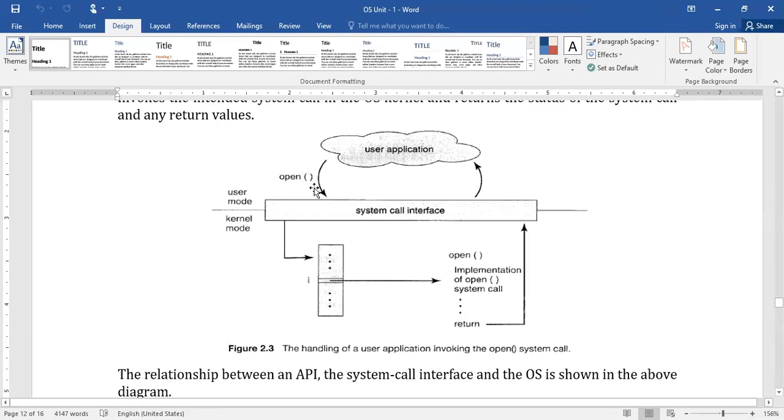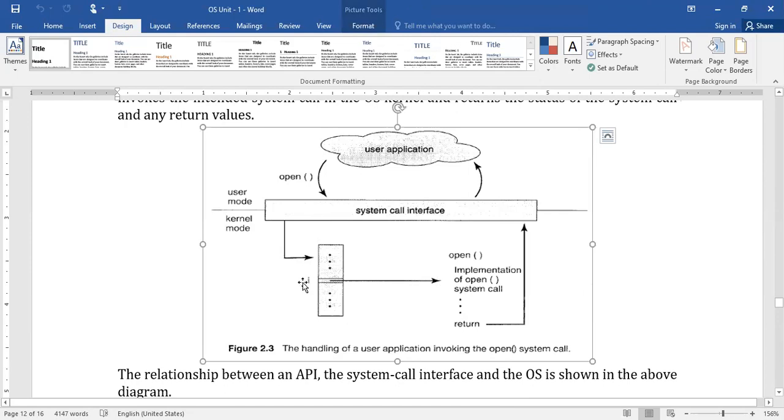While executing this system call, it looks at the table. Here you can observe this is the index where it is available, and correspondingly the name is also available. According to that, it will be executed and returns the output to the system call interface. In turn, it will be returned to the user program. So once the creation of the file is over internally, automatically, only then are you able to view the screen where the new file sample.c has been created. Once this process is over, only then are you able to view it on the screen.